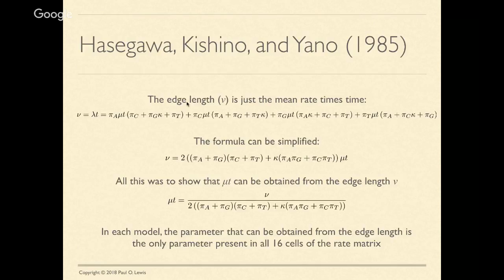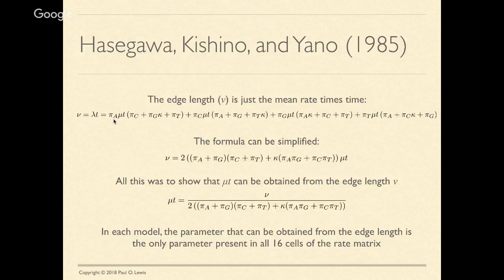So the edge length, the expected number of substitutions, expected number of anything is just the rate times the time. If you drive your car at 100 kilometers per hour for 1 hour, then you've gone 100 kilometers. And so the 100 kilometers is the number, and then the rate is the kilometers per hour, and the time is the number of hours that you've been driving. And so the number of substitutions is going to be the rate of substitution times the time that substitution process has been operating. So lambda times t will give us the expected number of substitutions for that overall rate and